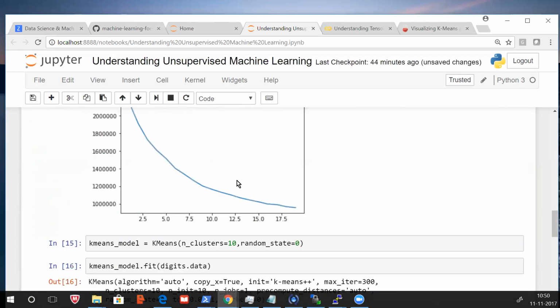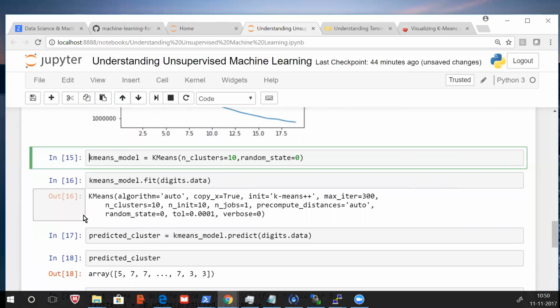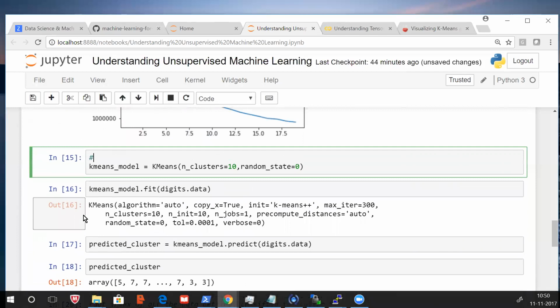So after the cost, we realized 10 is the optimum number of clusters. So after that 10th cluster, all the values are the same. That's why we took it as 10, right?